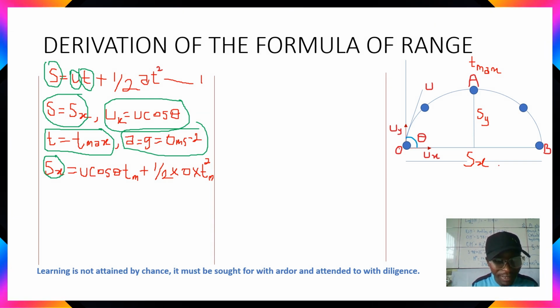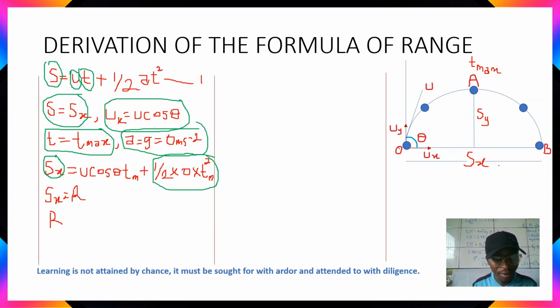That implies that our Sx now will be equal to the range, which is what we actually want to get an expression for. Then everything here will become 0, because half multiplied by 0 multiplied by t squared will become 0. So definitely we are going to be left in the equation with the range,